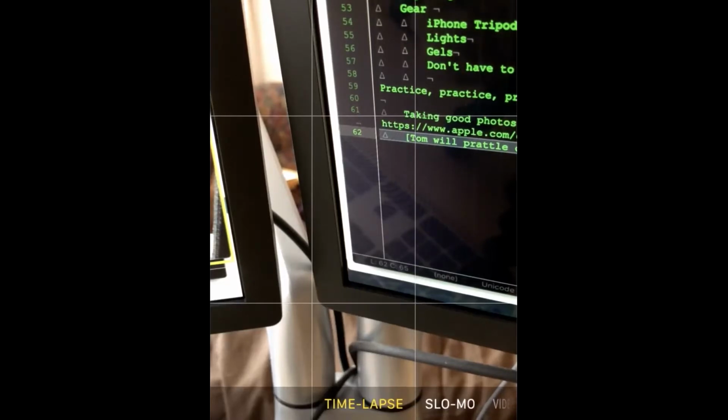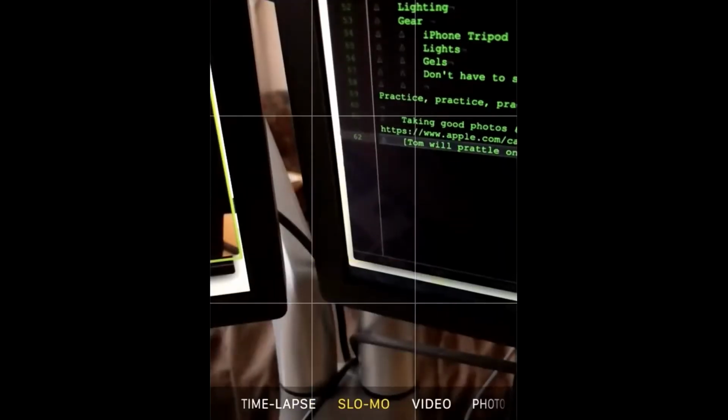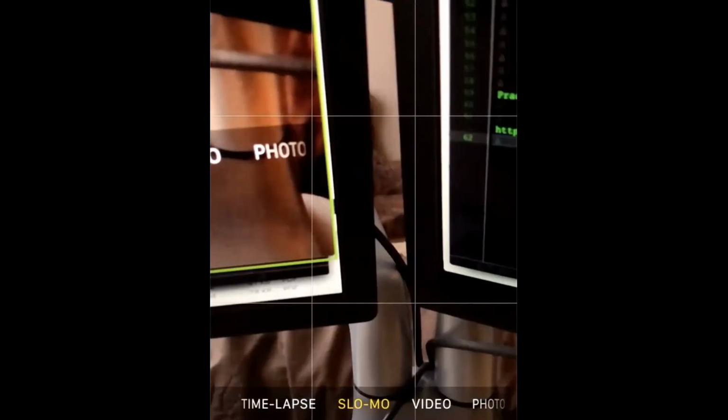Okay. Yeah. Slow motion is exactly that. It will record whatever you happen to be shooting in slow motion, and the video itself will be trimmed a little bit. It depends on the length of the video, but I think the first quarter will be full regular speed, and then it will ramp down to the slow speed and then speed back up for the end. Okay, the next one is video, and that is exactly that. Can I fix the speed? Yes, you can make adjustments to it.